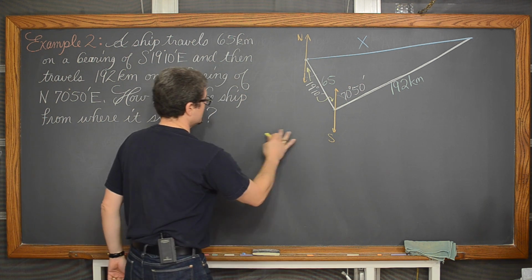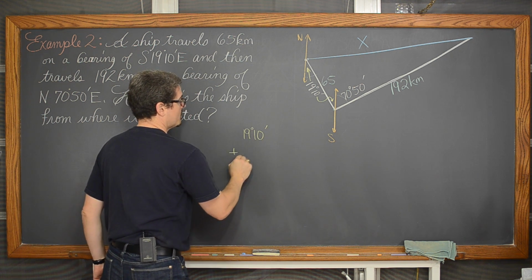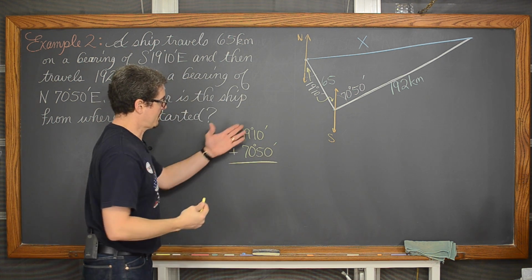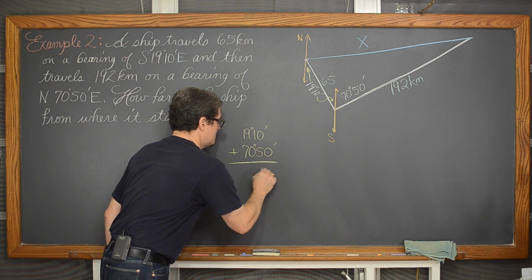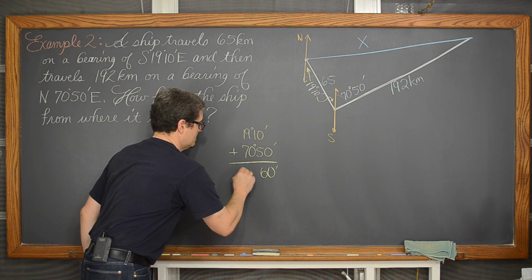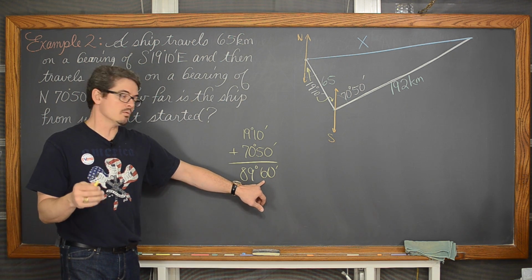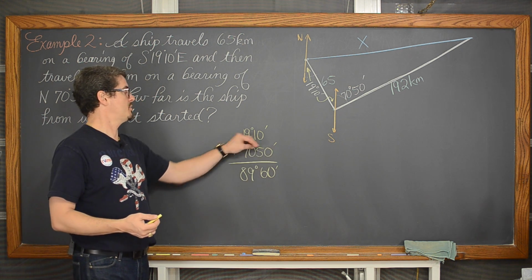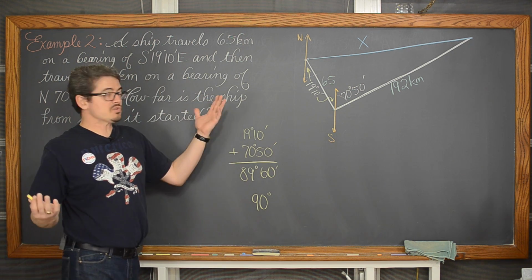Well, I guess we could do that in yellow. Let's do 19 degrees and 10 minutes, add that with 70 degrees and 50 minutes. We're going to handle the minutes and the degrees as sort of like two separate columns. 10 and 50 is going to be 60 minutes, and 70 degrees and 19 degrees, well, 70 and 19 is 89 degrees. Well, we know that a minute is a part of a degree, and 60 minutes makes up a whole degree. So I can take all these 60 minutes and put it into the degree column and get that that angle is 90 degrees. So we have a right triangle.